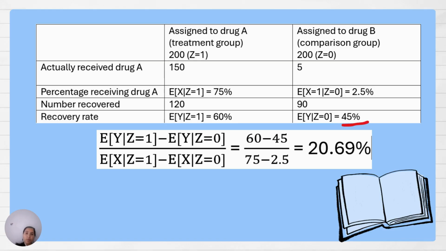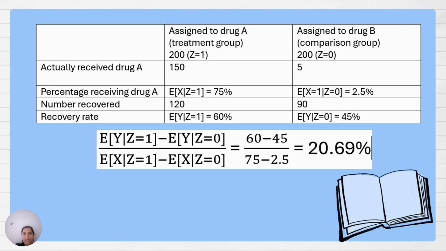Now when we plug in these values in our earlier equation, it will be 60 minus 45, that would be our ITT, 15% of ITT, and the local average treatment effect would be ITT divided by this proportion of compliers. We calculate the LATE, the local average treatment effect, to be